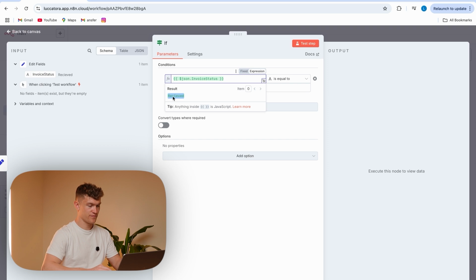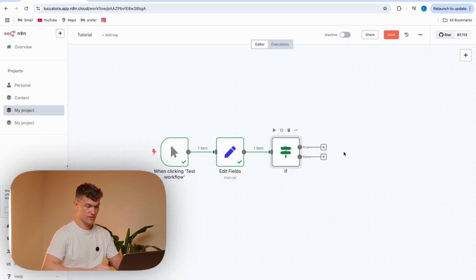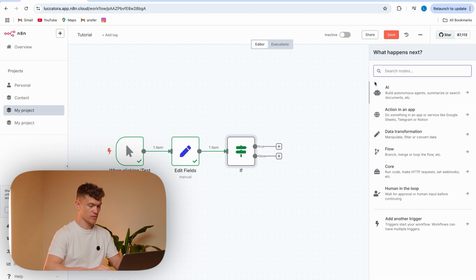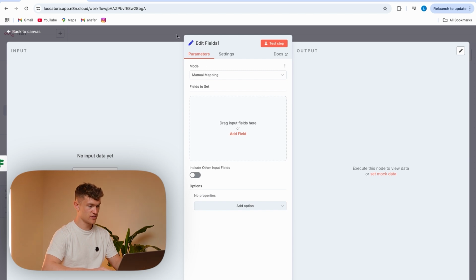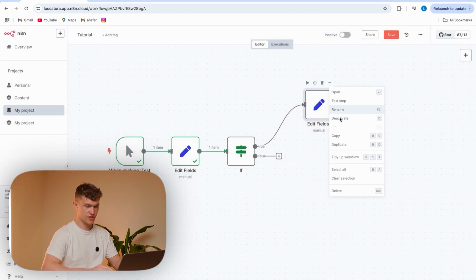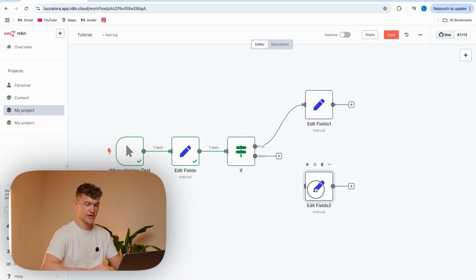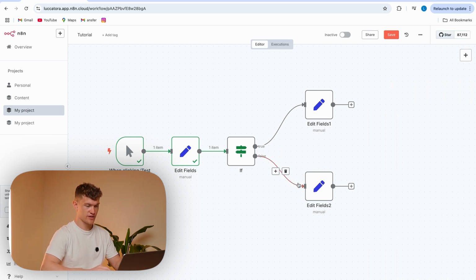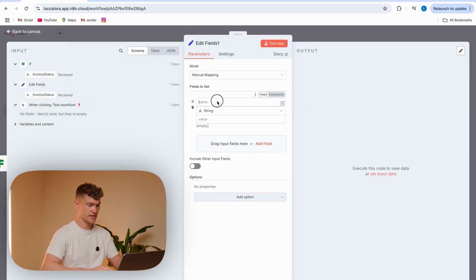And then if invoice status, so the variable here, is equal to received, then that gives us the condition that we're basing it on. So if it's true, we're going to bring it to another Edit Fields node, and we're just going to duplicate this. You don't have to duplicate, you can just get another node from here, but it's nice and quick and easy to duplicate. So now we've got our two nodes here, and if it's true, one item goes up, and we're going to set the result to